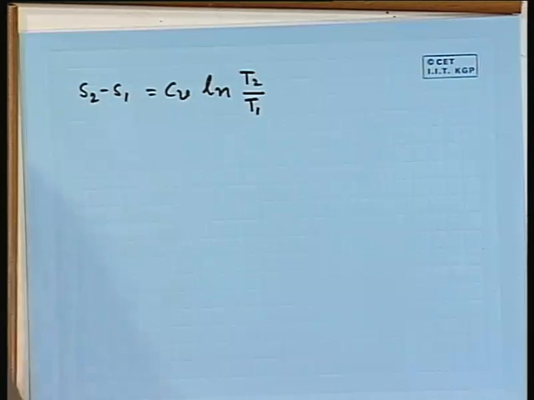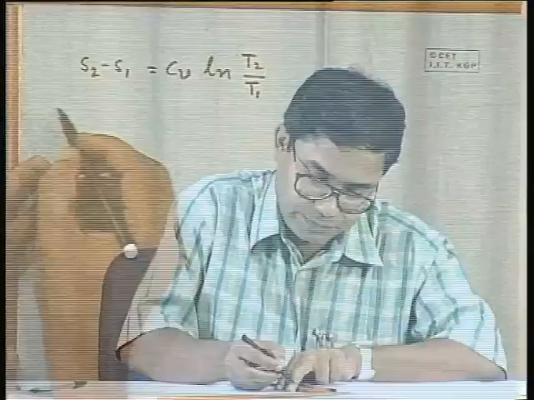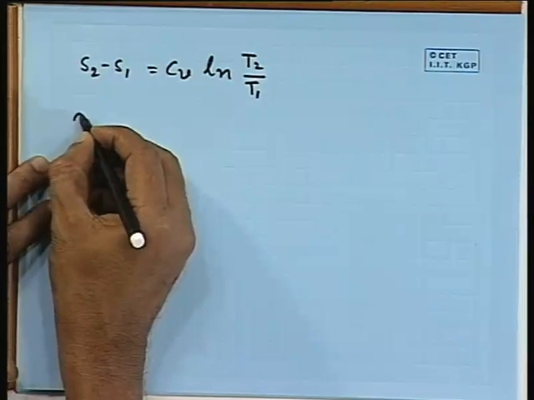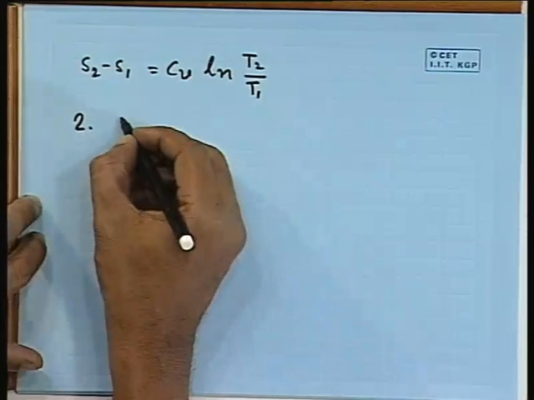So, you see, we have started with a constant volume process, which is one of the basic, simplest processes involving a compressible fluid. We can determine the property relationships, and then we can determine the work done, the heat transfer and the change in entropy. Similarly, we can proceed with other processes. Second process, let us take as a constant pressure process.